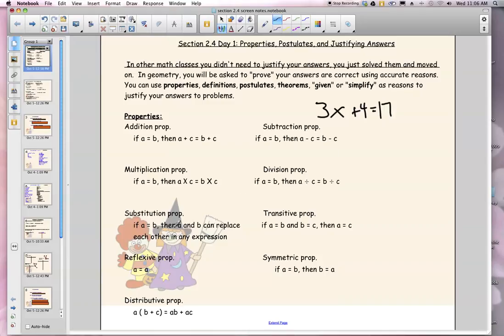Okay. The substitution property is probably new to you. That one simply says that if you have 2 things that are equal, that you can replace them with each other in an expression. An example of this would be if I knew that 3x